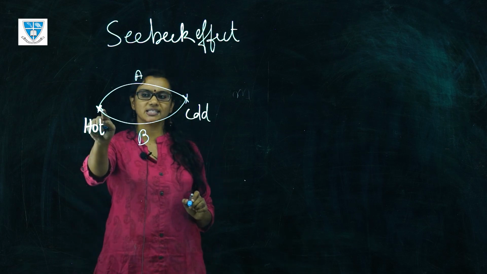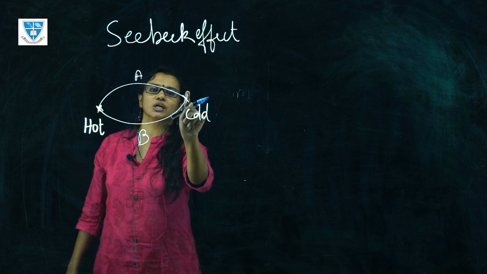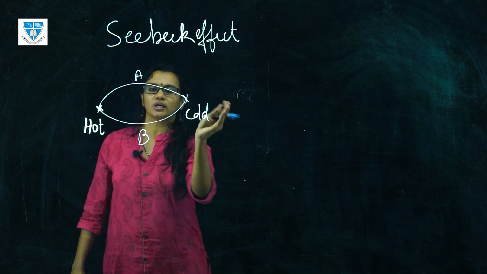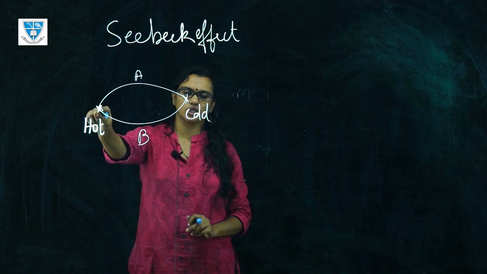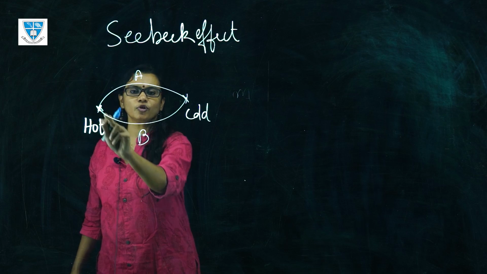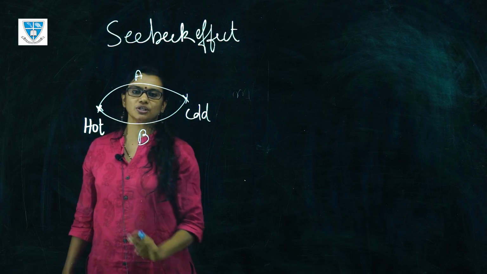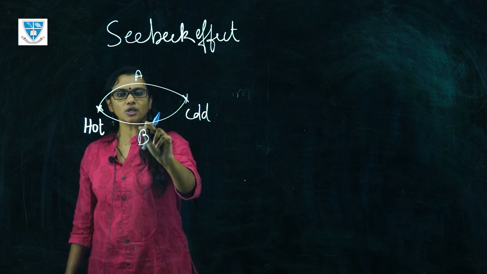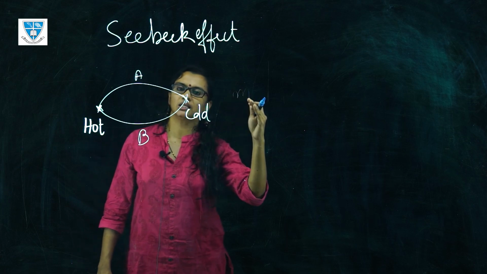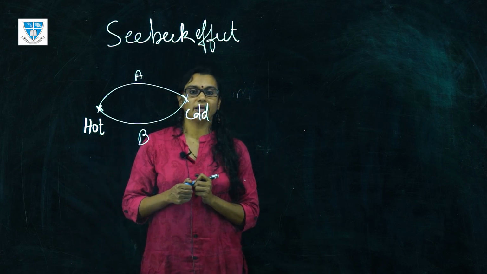So if you are heating at this end and keeping the temperature at this junction constant, say you can keep it at 0 degrees Celsius, and slowly heat the other junction, a current will flow through this loop, depending on the combination of A and B, from A to B or B to A, depending on the position of the material in the series, which is again given by Seebeck.